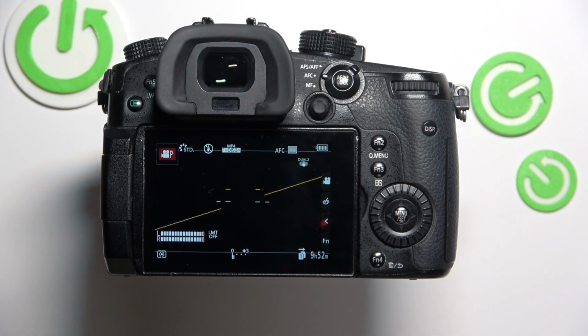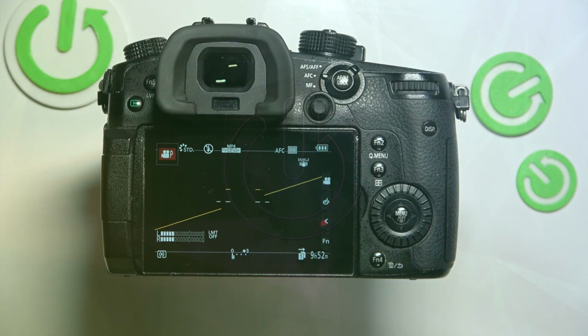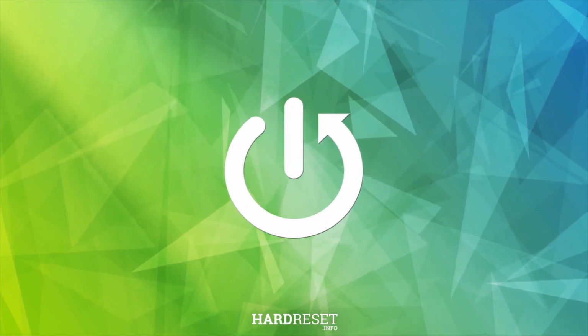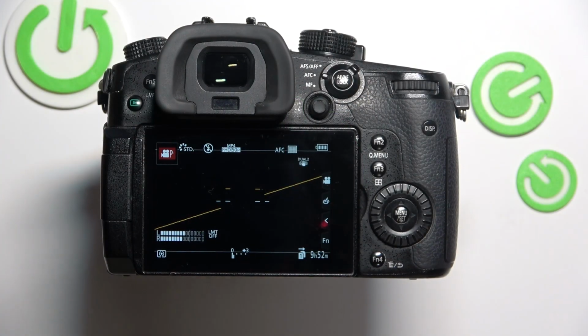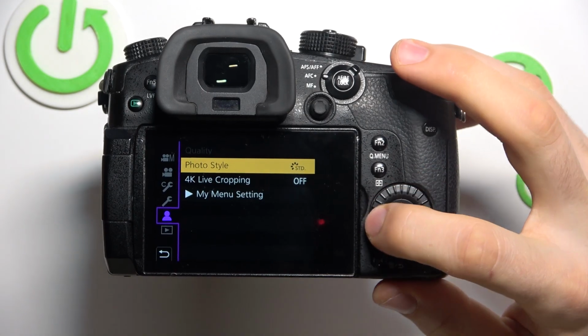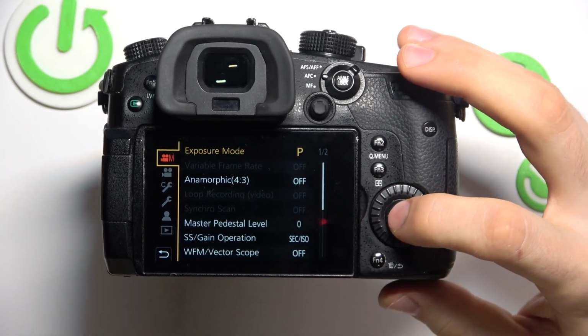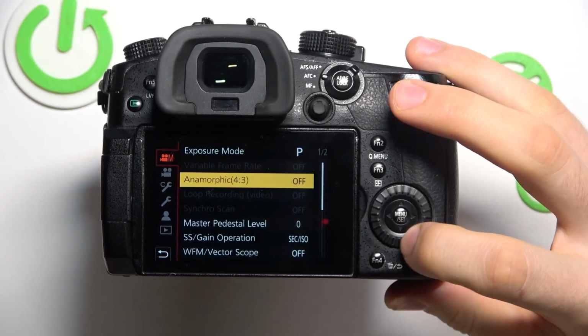In front of me Panasonic GH5, and now I'm gonna show you how to set up SS gain operation. Cool. So to find the setting, you need to open the settings, of course, then find video manual settings, and here you will see